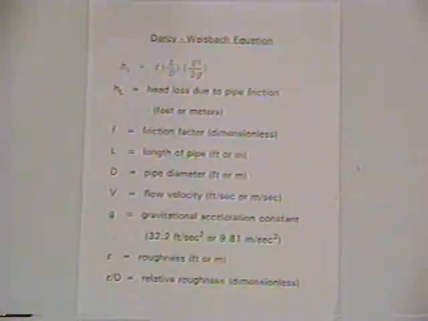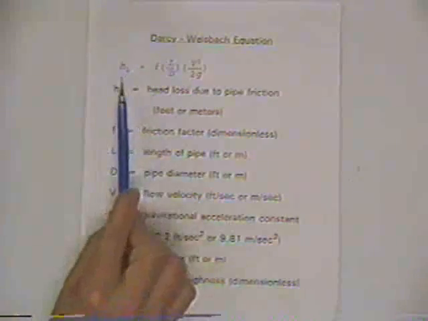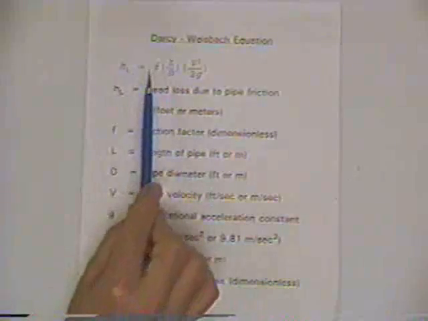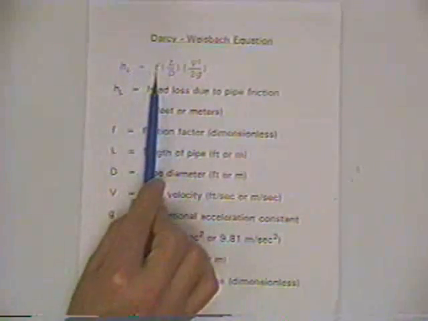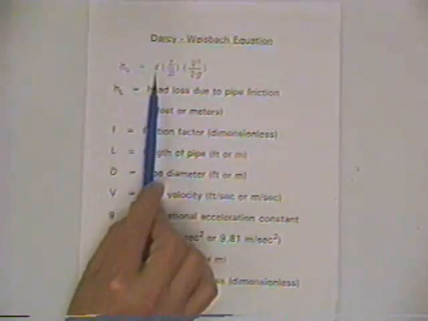And one common way of doing that is the Darcy-Weisbach equation. It's well accepted, and it, of course, has particular significance to us because it's the equation that they chose to include in the reference manual. So the basic equation for estimating head loss here, it's empirical in the sense that there's a friction factor that comes from empirical data, which is also furnished in the reference manual, so we'll be able to